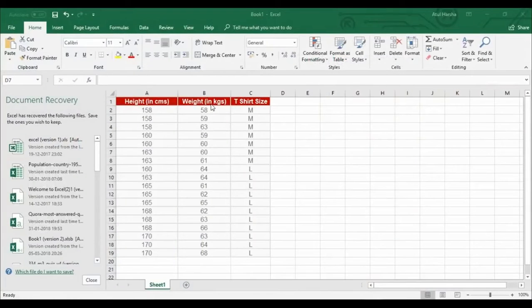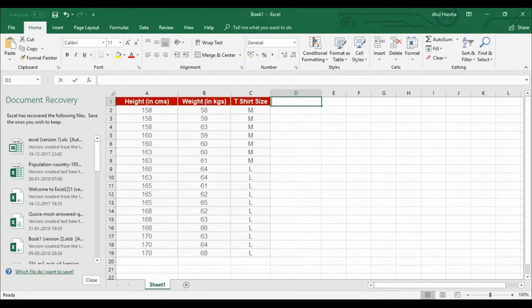Let's take an example and see how things are predicted using the KNN algorithm, or how the KNN algorithm works. Suppose we have a data set which consists of height, weight and t-shirt size of some customers. Now when a new customer comes, we only have his height and weight as information. Our task is to predict the t-shirt size of that particular customer. So for this we'll be using the KNN algorithm.